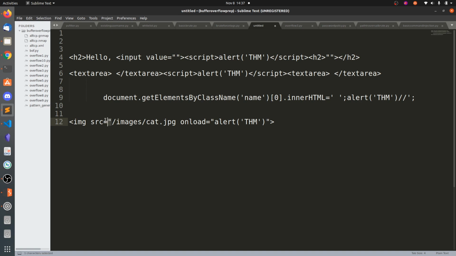I'm sorry, there is another double quote, right? So you can put another double quote here. So this double quote and this double quote is one pair, and this double quote and this double quote is another pair. So you can just copy this one.